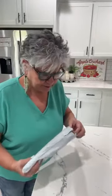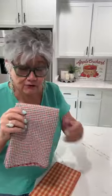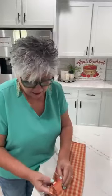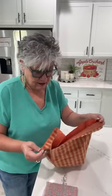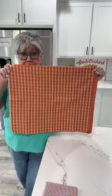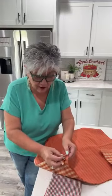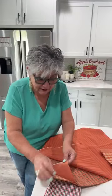Okay. Now I want to show y'all something that I got at Walmart. I got a couple of Walmart things, but y'all are going to love this. This is fabric. I got one that has a variety of Christmas colors and one that has a variety of fall colors. Okay, this is how big the fabric is. You could wrap a pumpkin up in it. You might even be able to make a small quilt. You can tear it and make rag